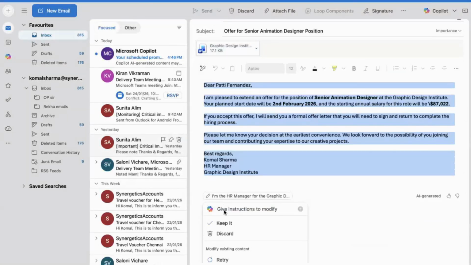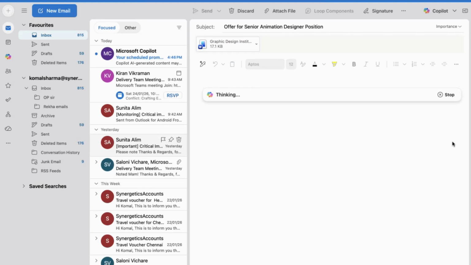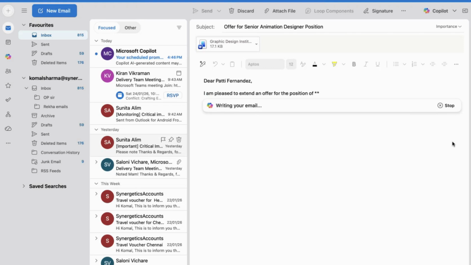that this draft looks good. However, I forgot to ask you to review the attached document and add some specific employee benefit in this email. Also, include a note saying that Patty should review the attached document for more information on the full complement of benefit provided by Graphic Design Institute. Now let's enter. So team, this time Copilot should include employee benefit in the draft,